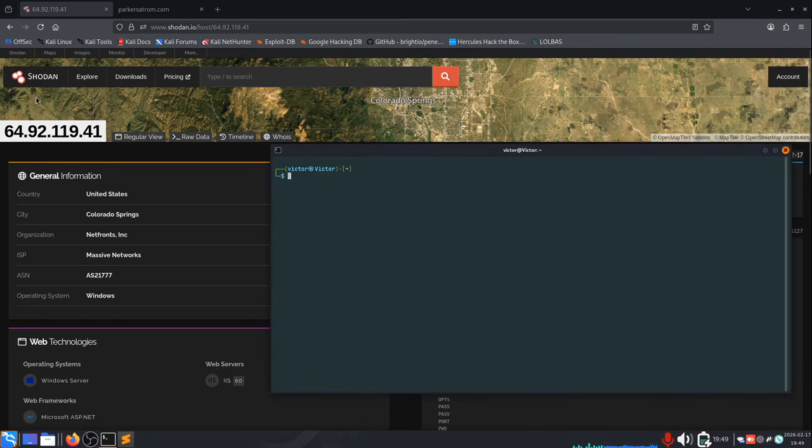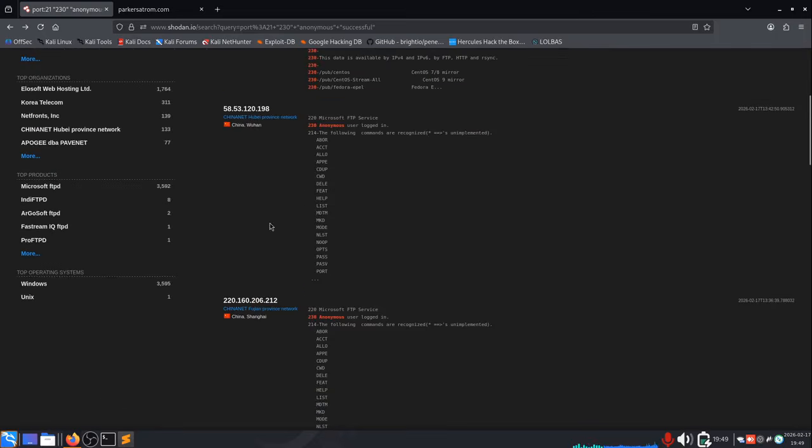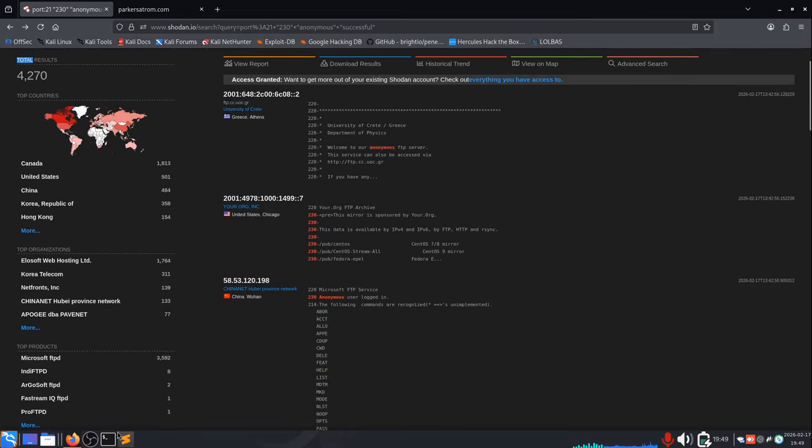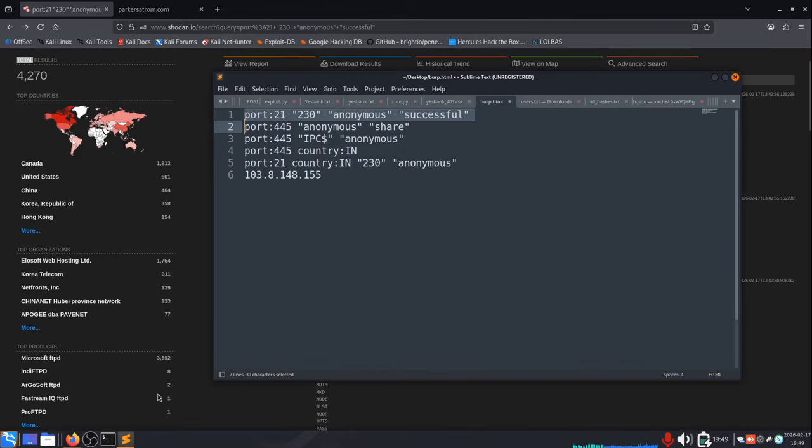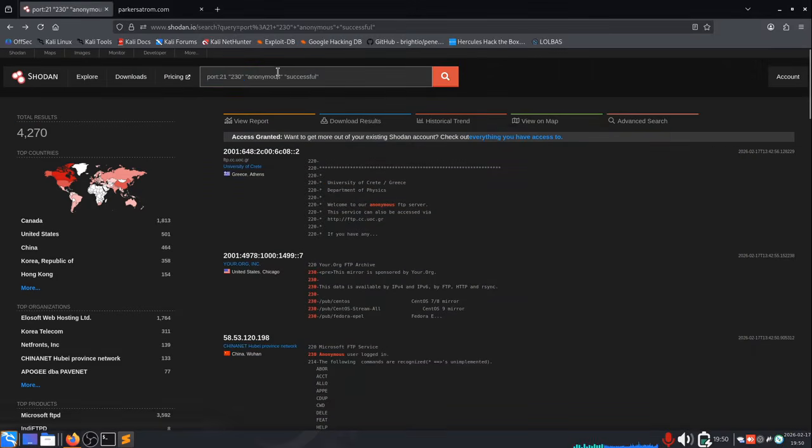So this is how you can use the Shodan search filters to find only those results on which anonymous authentications are allowed, right? Same for other services. Now we'll look for another one, the port for SMB. So here we go,